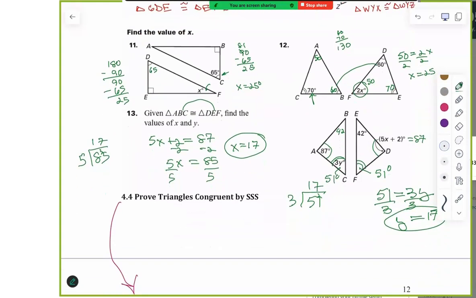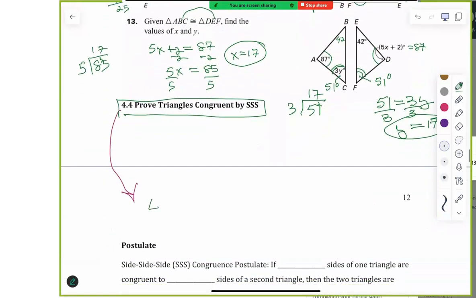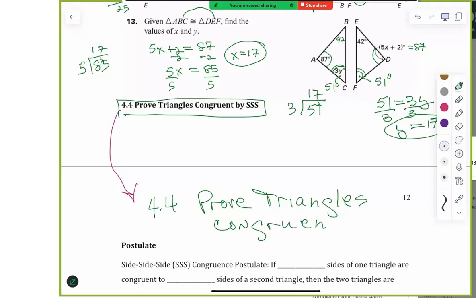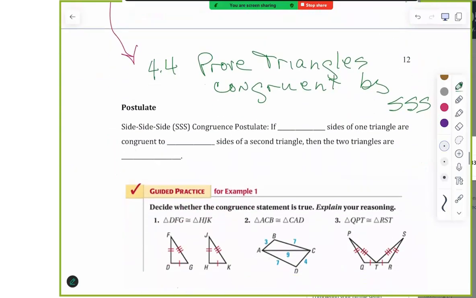Okay, what we're going to do next is these notes. So this should be down a little bit further. So I'm going to write this right here. 4.4, prove triangles congruent by side, side, side. Okay, so the side, side, side congruence postulate states that if 3 sides of one triangle are congruent